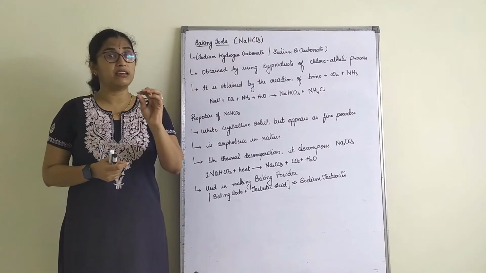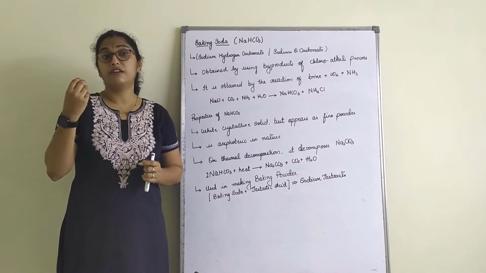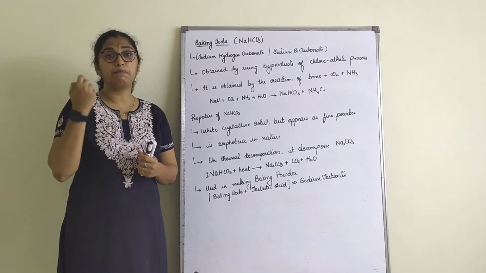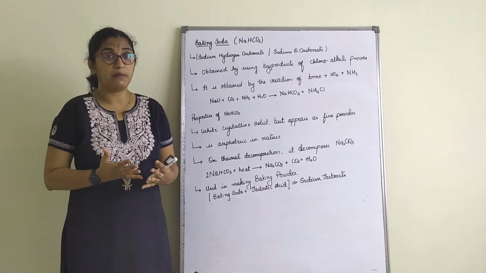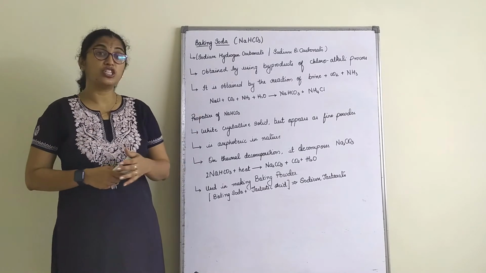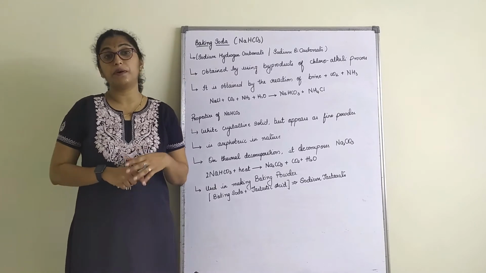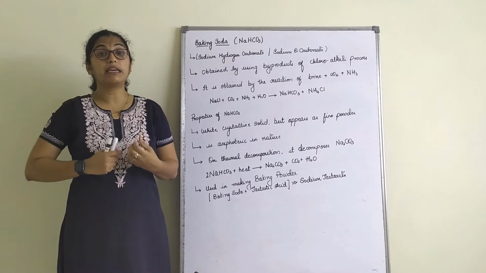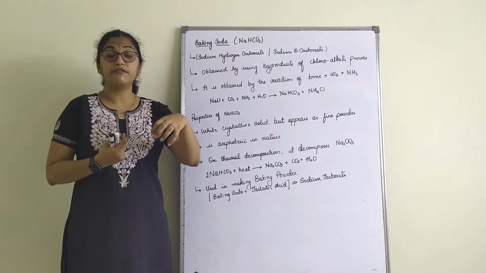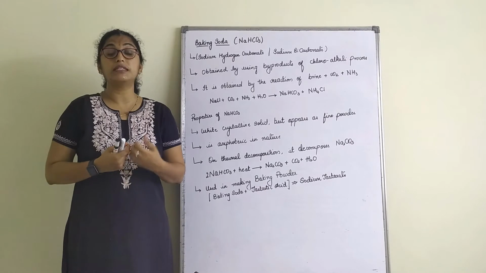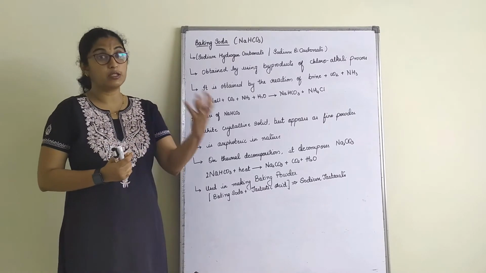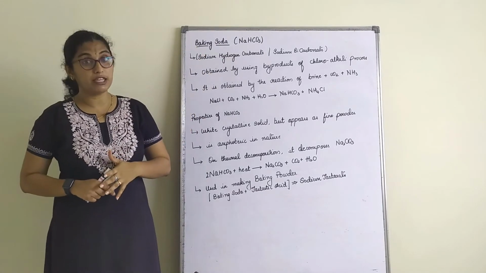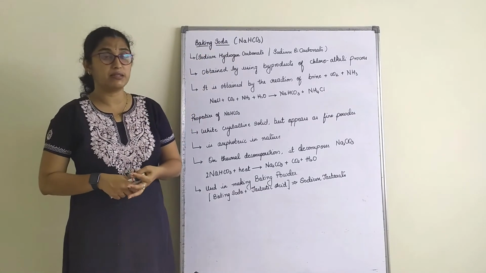Where do we use this baking soda? We use it for making crispy pakoras. We use it while making cake, dhokla, etc. You all might have seen where a pinch of it makes a large amount of difference. There was a question asked once in the CBSE board paper: name the salt which is used in a food item which makes the food crispy, which is used in making pakoras. This is nothing but baking soda.